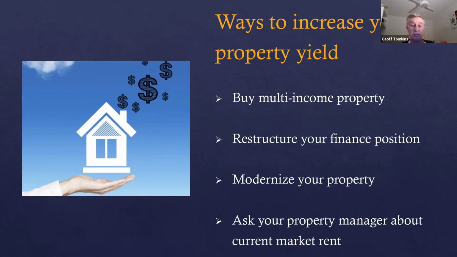So look at adding a bit of a better appearance to the property without spending a lot of money. Things like a coat of internal paint, tidying up the front entranceway, new carpets. Carpets are very cost effective. So look at ways where you can modernise the property. If it's an older property you're looking at buying, look at the best yield or return you can get on